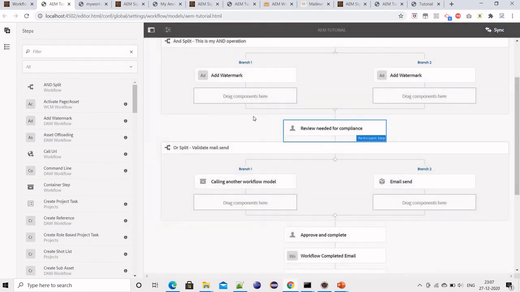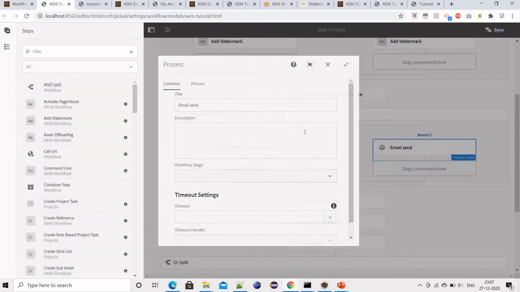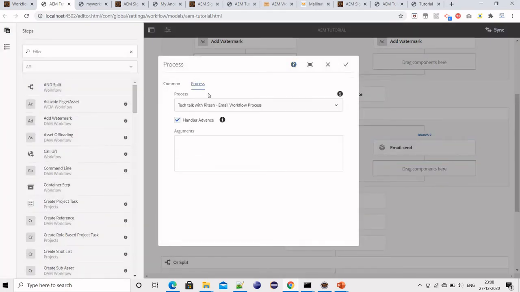Okay. And then email send, what it will do, I'm going to cover it. It's a custom process step that I have added for this email process. What is a custom process step?